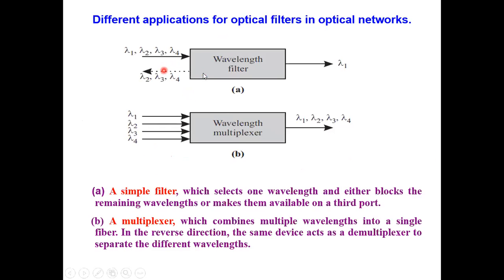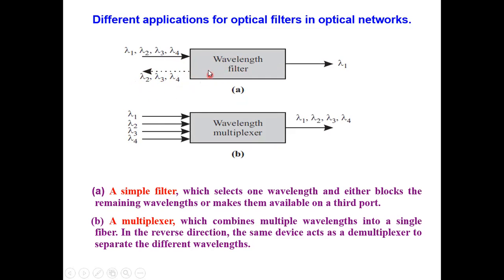So just see over here. A block diagram: I have the signal entering at lambda 1, lambda 2, lambda 3 and lambda 4 wavelengths. It enters through one port, and through another port I have a filter which will allow only the lambda 1 wavelength signal to pass. Suppose this is my port number 2. I will also have a port number 3. Here we will do something like an isolator or circulator, and I will make the remaining wavelengths lambda 2, lambda 3, lambda 4 available on the third port.